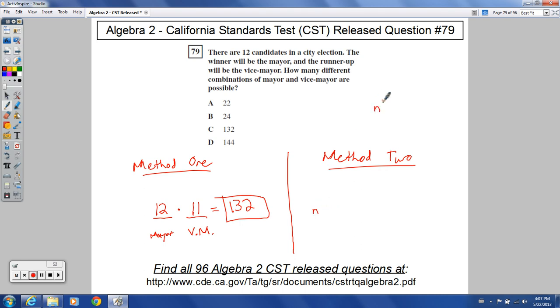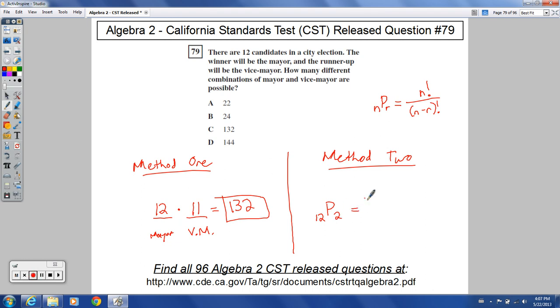something like this where you have n permute r, nPr is going to be n factorial over n minus r factorial. So you can also think of it this way, and if you have a calculator that you can use on a final exam, something like that, this is an easy way to think about a problem like this. So n would become the number you have to choose from, or to pick from. You've got 12 to pick from, and then permutation, or 12P, and then you have two people that are actually